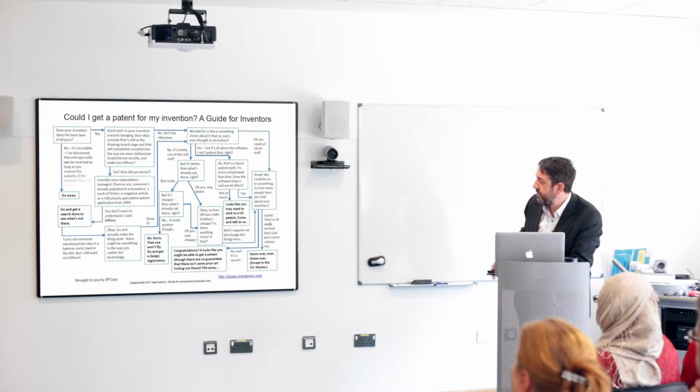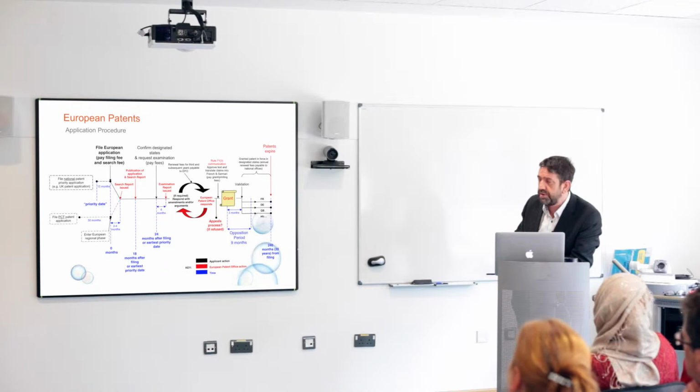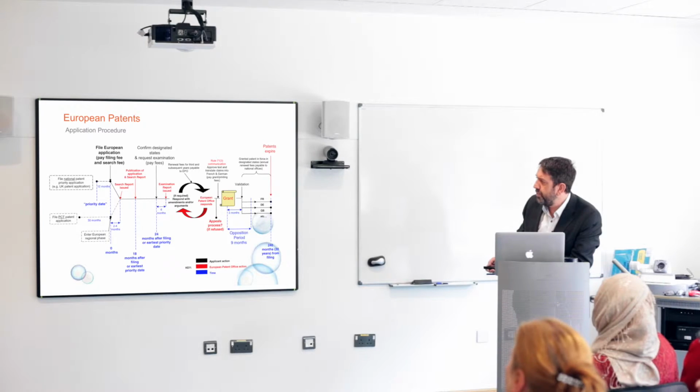Working through the flowcharts, you may get to a point where, after answering lots of questions, you can say to your inventor, congratulations, it looks like you might be able to get a patent, though there are no guarantees. I'm not going to take you through this in detail, but basically you kick off with what we call a priority date. You've got 12 months before you can file a European application. There's what we call the Patent Cooperation Treaty. It allows you to get into the process of publication and toward granting of your patent,